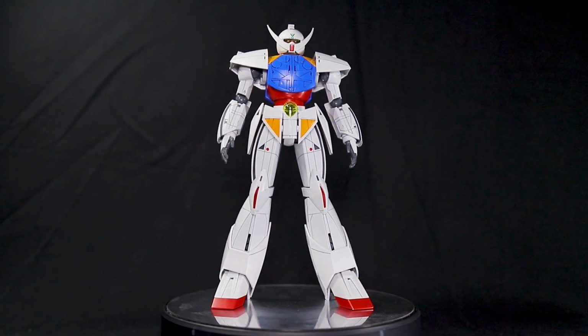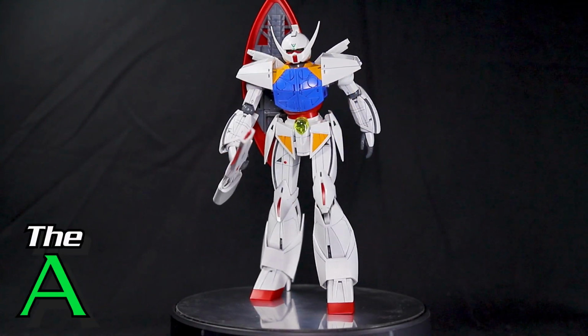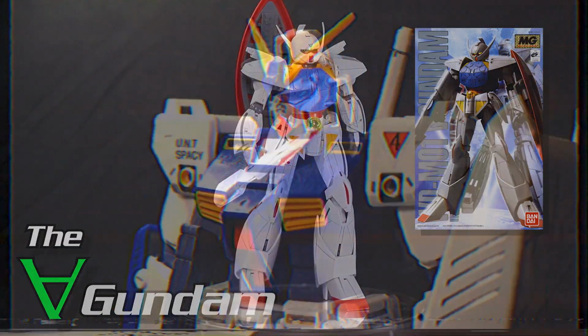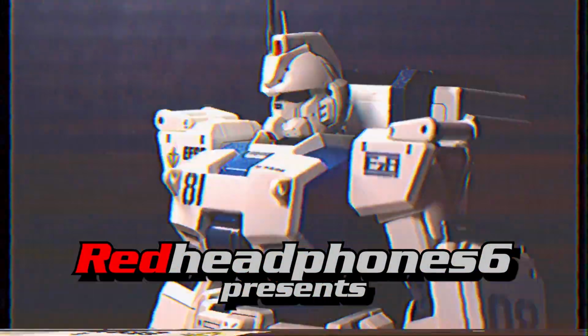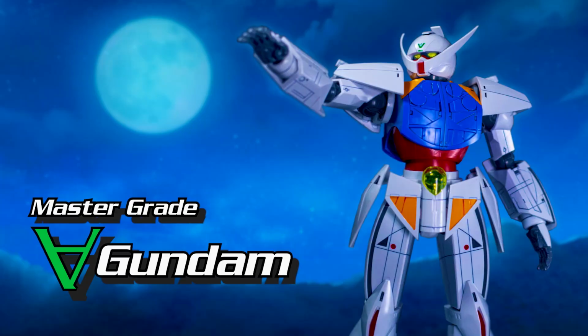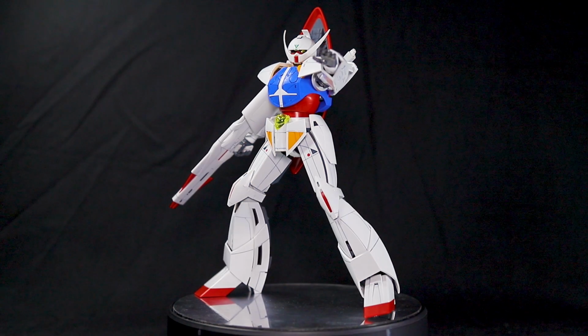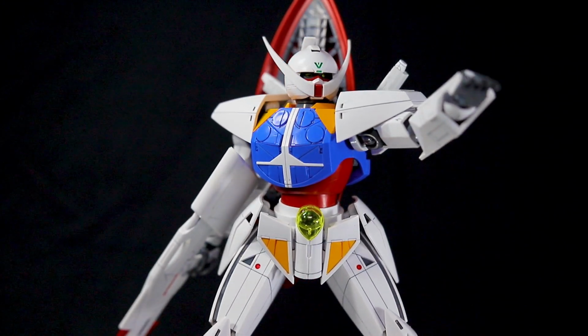In this Master Grade review, we'll be taking a look at one of the most unique lead Gundams out there, the Turn A Gundam. You know, everyone makes fun of this suit's design, but personally, I really like it, so this Master Grade was